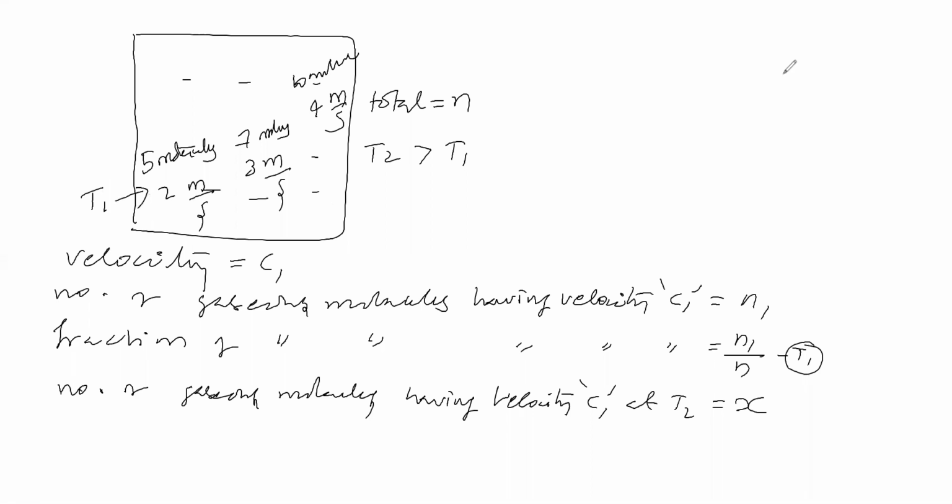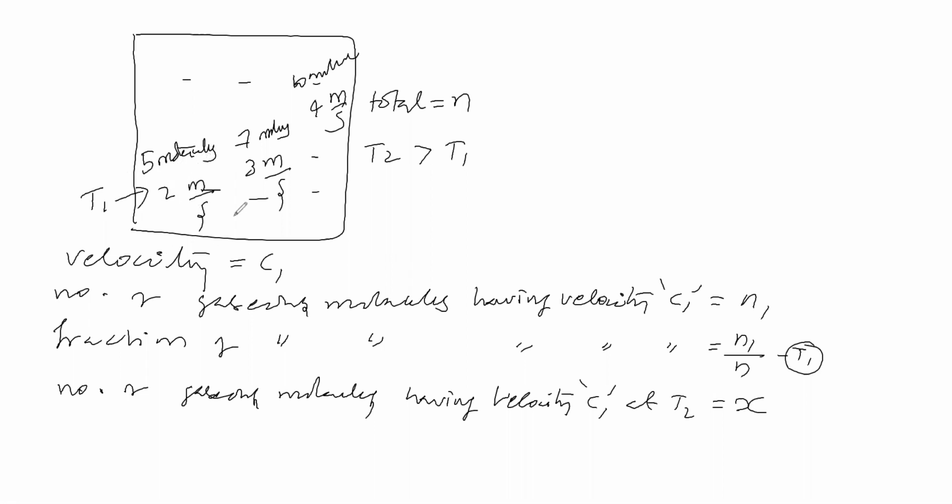Now you are increasing the temperature, which means you are supplying heat energy to these molecules. So if we supply heat energy, what happens to the kinetic energy of these molecules? Getting increased. So what happens to the velocity of these molecules? Getting increased, no? Then this velocity is possessed by 5 molecules, or less than 5 molecules, or greater than 5 molecules, what do you think? When the temperature is T1, this velocity is possessed by 5 molecules.